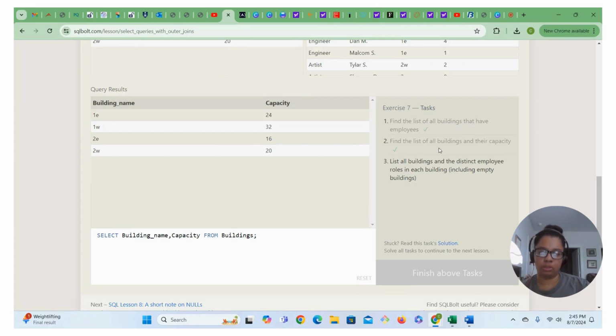So again, we answer the question, find the list of all buildings and their capacity. So here's a list of all the buildings and then their capacity for each one. The next one says list all buildings and distinct employee roles in each building, including empty buildings. So on this one, we're gonna